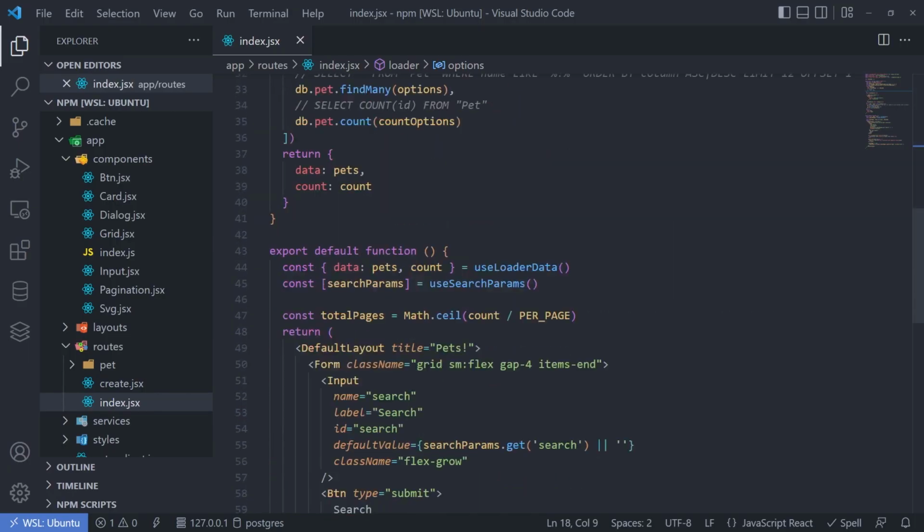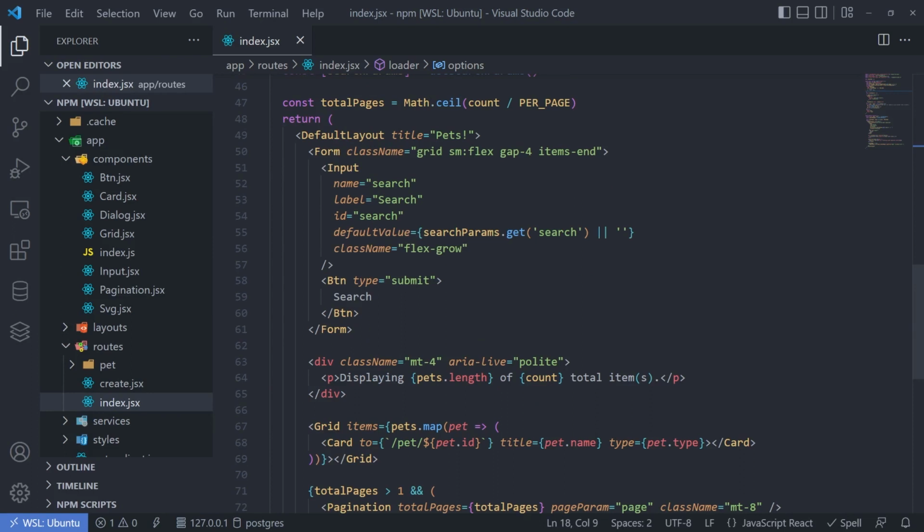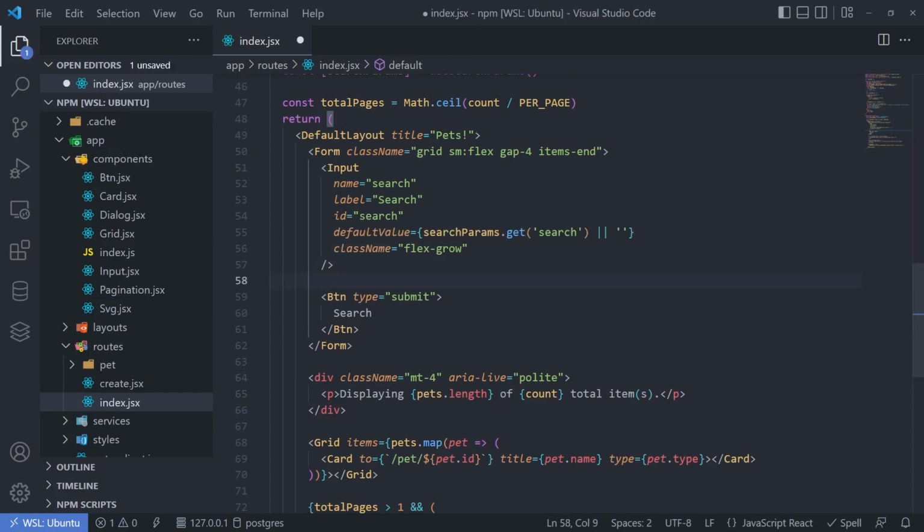Okay, so inside of our component in the template, we're going to add a couple more inputs. Now, I'm not going to use the input component on these because I want to do something a little bit more from scratch. So let's start with a label. It's always a good idea. So we're going to do a label, and we're going to say sort